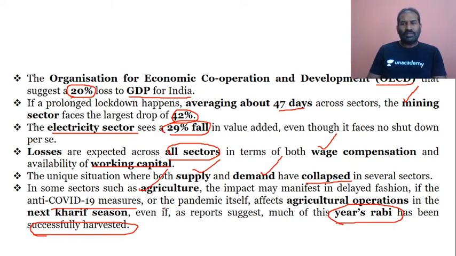laborers are kept in, so that there will not be any shortages, so that a good amount of labor is supplied and the Rabi harvesting takes place. And we are not just worried about Rabi. Rabi is almost over. Now we should be worried about the next season, that is the Kharif season.